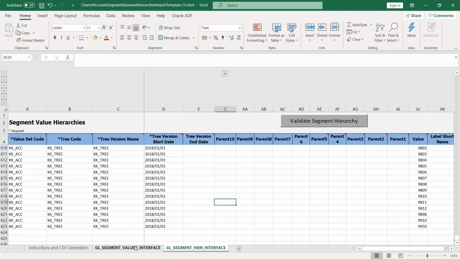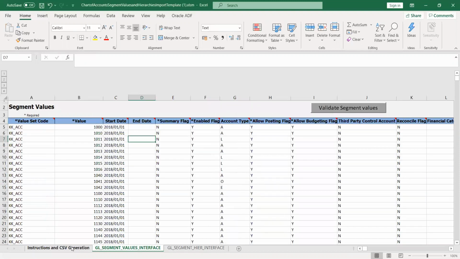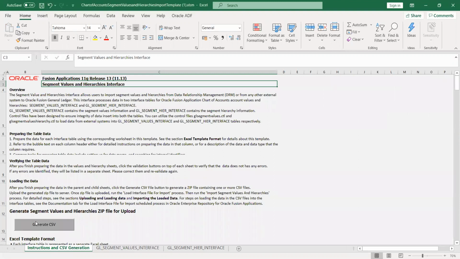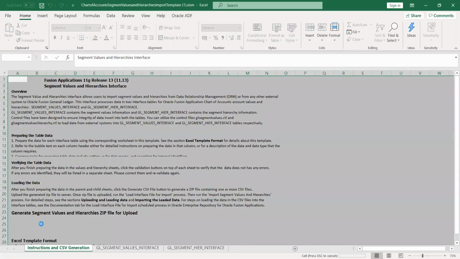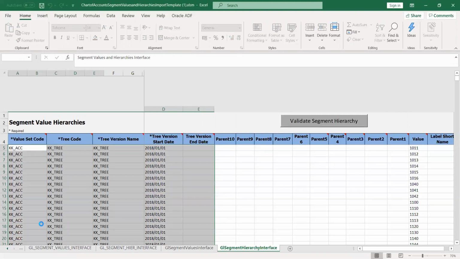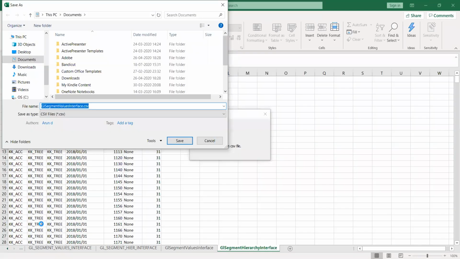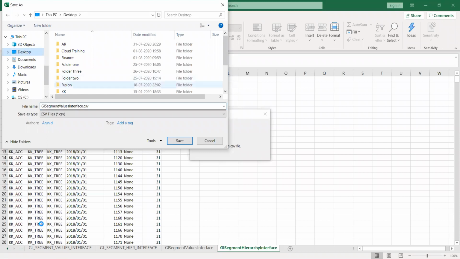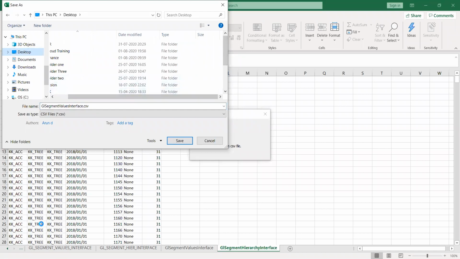Okay, so now I have loaded the values. So let me click generate CSV. Let me create a new folder.